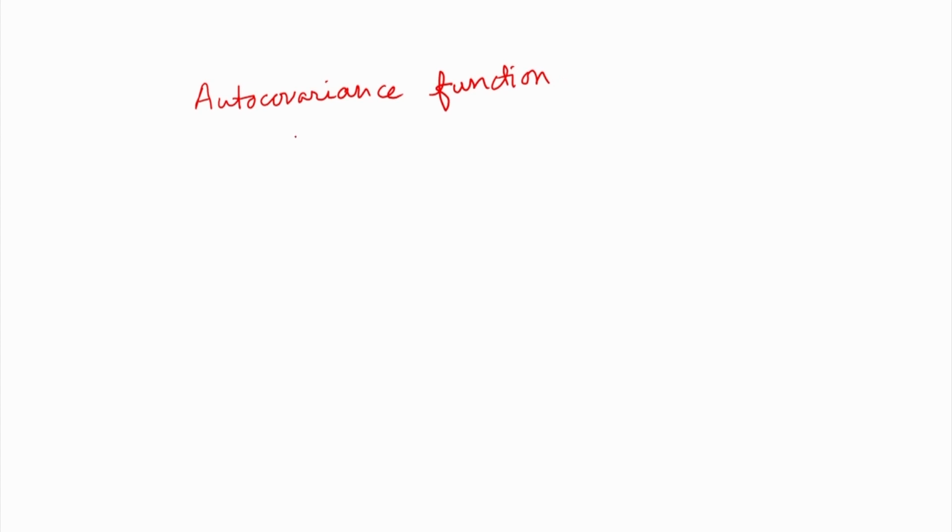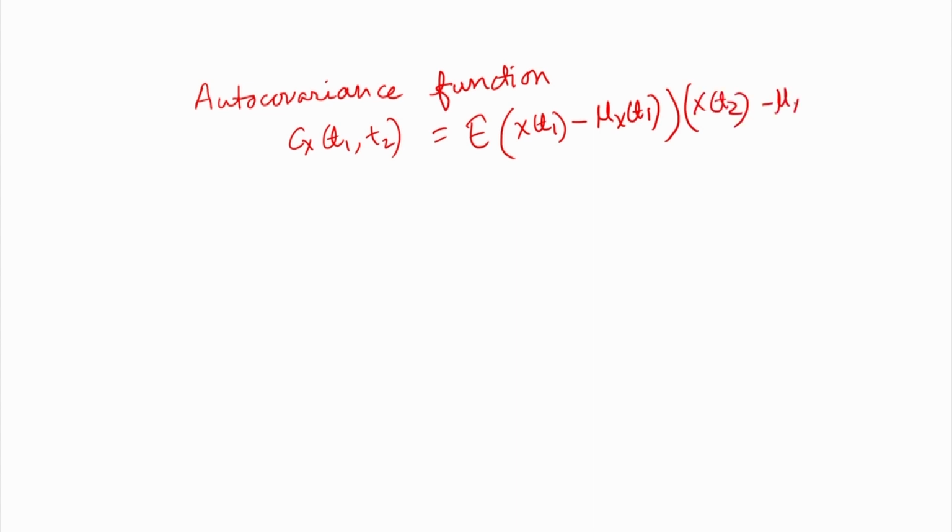That is Cx of t1, t2. This is defined as the expected value of x t1 minus mu x of t1 into x t2 minus mu x of t2. That is equal to,